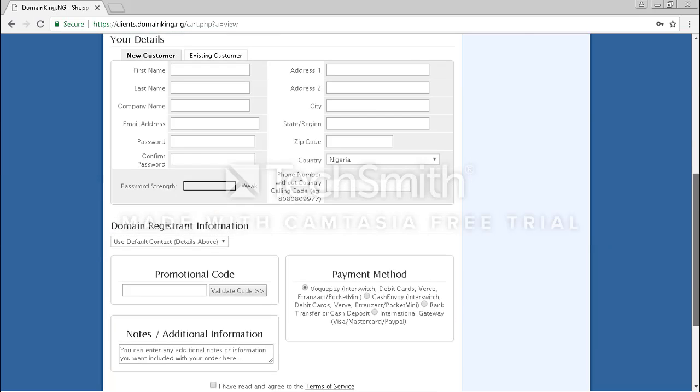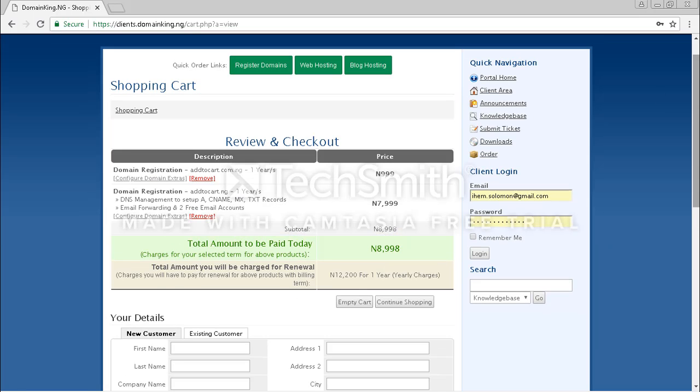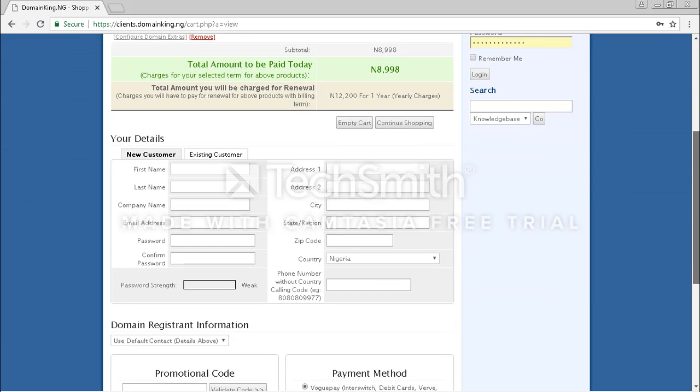So this is the domain I wanted to get before. Okay, it's even there. Wow, I wanted to buy add-to-cart.ng. So this is the one we want to buy. I've registered an account with them, so that's why my previous purchase is showing there. Now, since you're a new customer, you just fill out your address and everything,